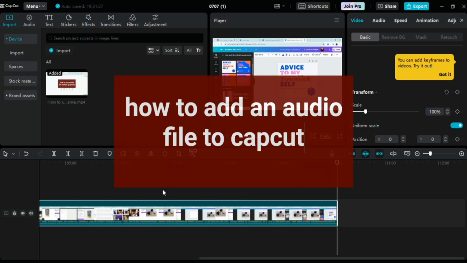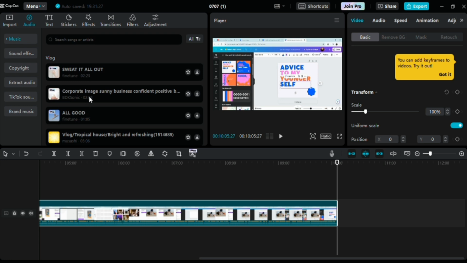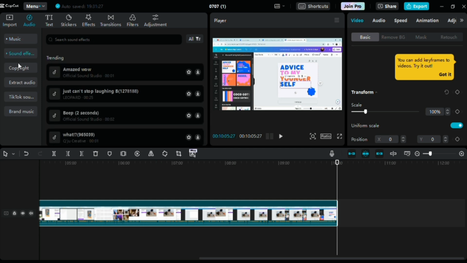In today's video I'm going to show you how to put some audio on your CapCut PC, whether it's built-in audio or you could just record the audio yourself. Okay, so first and foremost, if you want to dig into the built-in audio, it's going to be right here. Click this button right here. As you can see, there are a lot of options here. Sound effects as well. There's a lot of sound effects here,